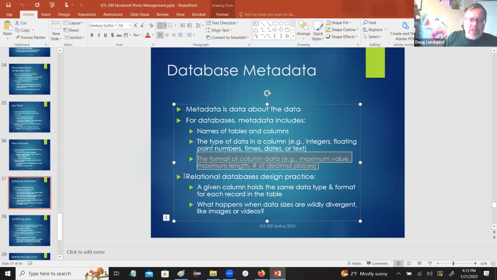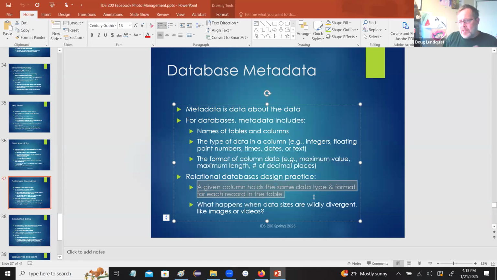So basic ordinary relational database design practice, and this is what Access enforces: within a table, every record has the same format. So all of the columns of a record also have the same format. So for example,